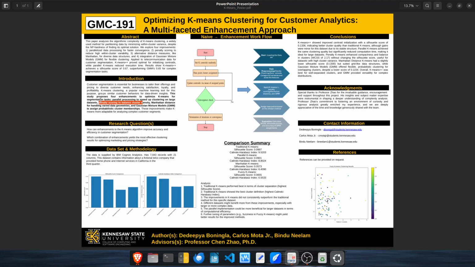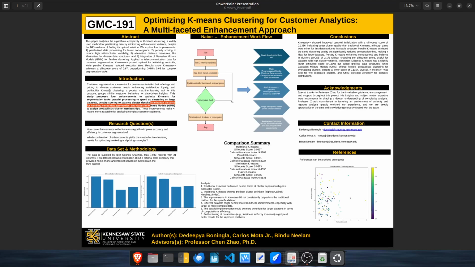So within K-means itself, the overall goal is to group data into specific clusters, and we measure the intervariance between how far it is to the actual mean of the data. So penalty scoring involves the farther a data set is away from the mean, the more penalty score it gets. The third iteration is the Manhattan distance. Typically, K-means clustering uses Euclidean distance, and for this estimation we decided to look at Manhattan distance, which is the